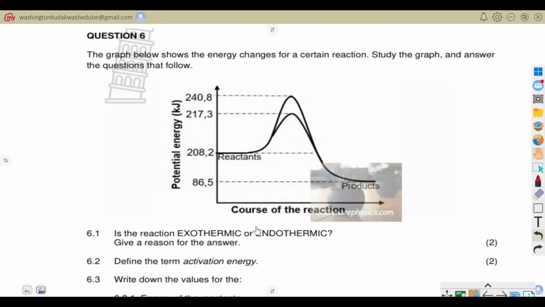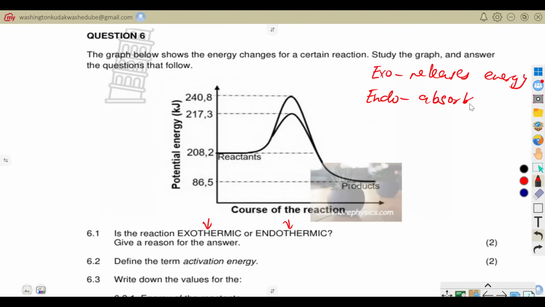Is the reaction exothermic or endothermic? So we need to define what an endothermic and exothermic reaction are. We know that an exothermic reaction releases energy, and then an endothermic reaction